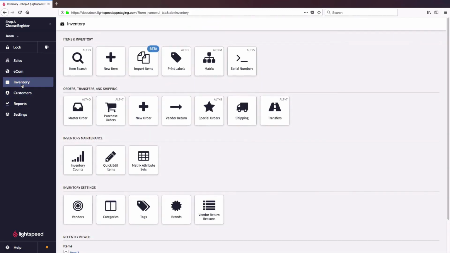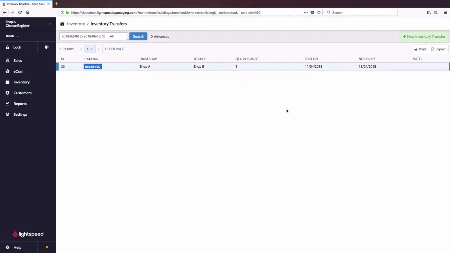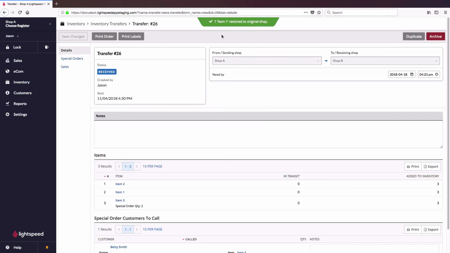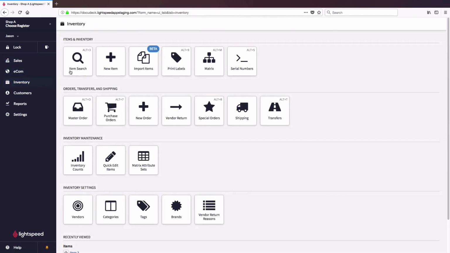Now, if we make a phone call over to shop A and they assure us that no, they still have it, it's not lost, it didn't fall off the truck, they simply neglected to send it, it never made it onto the truck, I can come back here and click return. Now we can see that item 1 was restored to the original shop. And if I go check my stock levels,